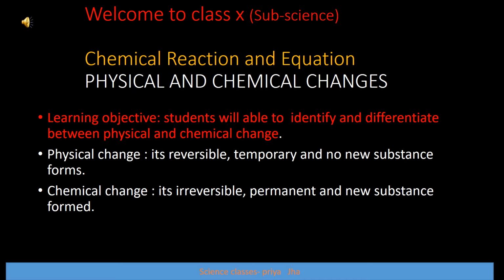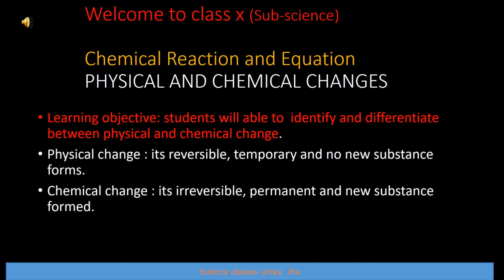Your mother is cooking vegetables. Rusting of iron is there. When your mother wears silver jewelry, it turns black. So you basically find different types of changes occurring in your surroundings. The basic learning objective of this module is that you are able to identify and differentiate between the physical